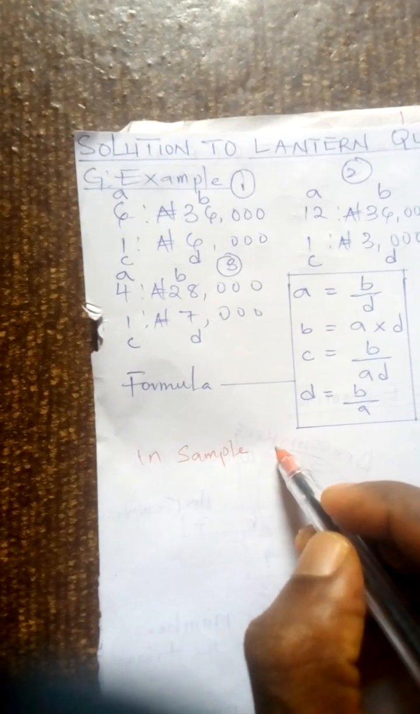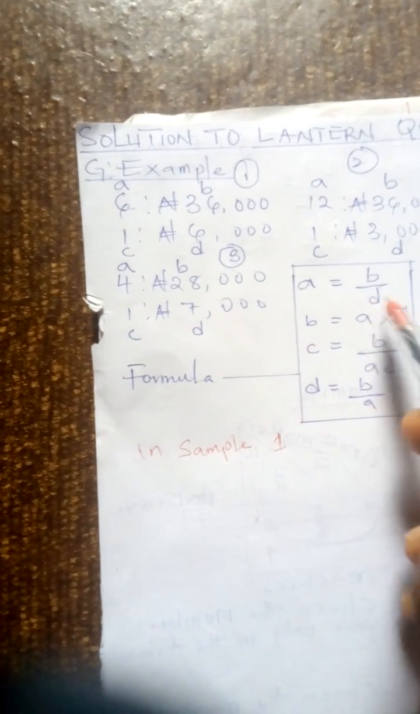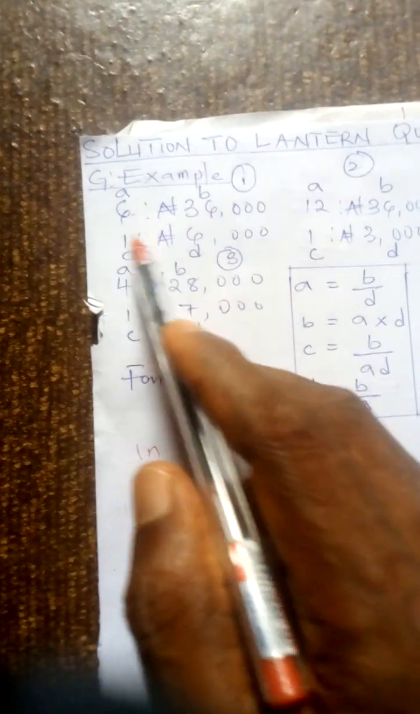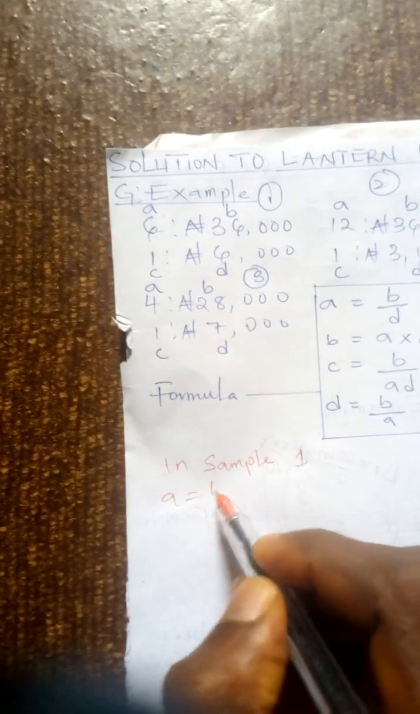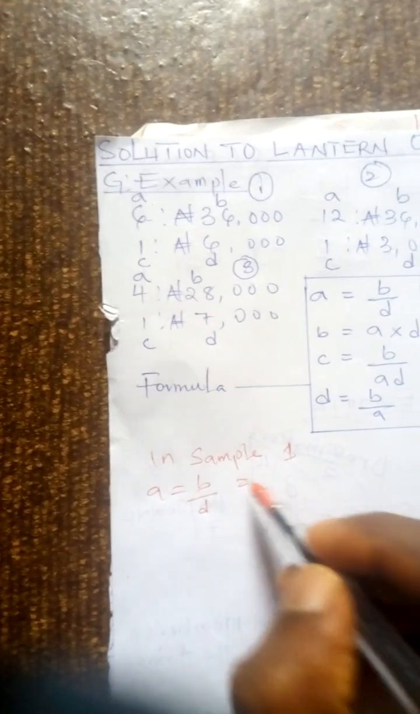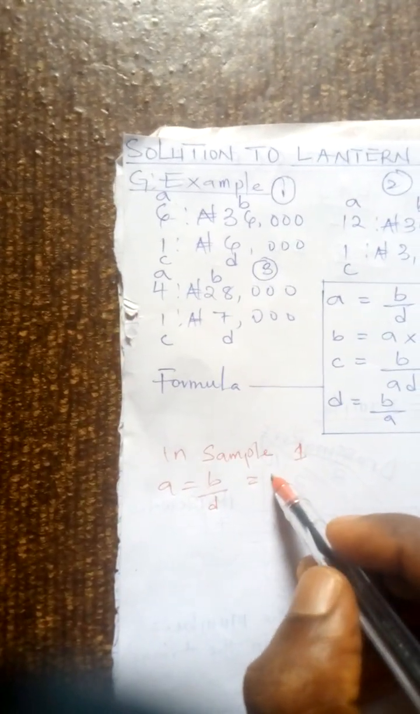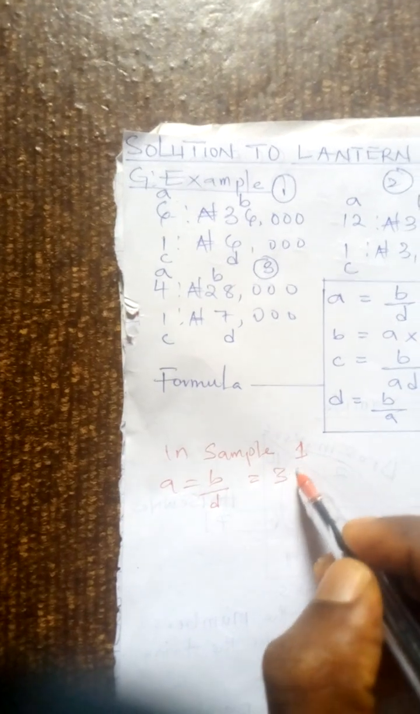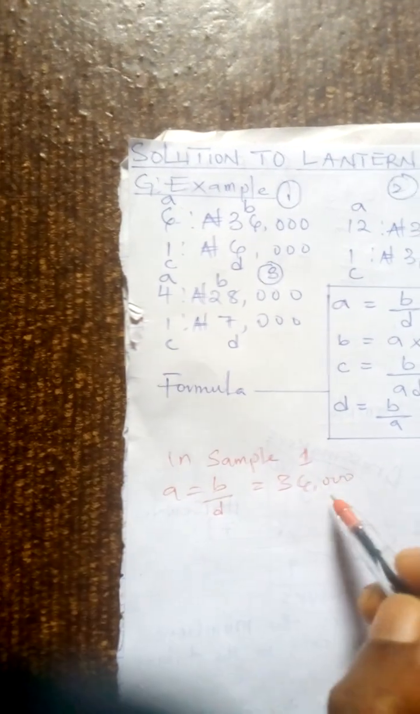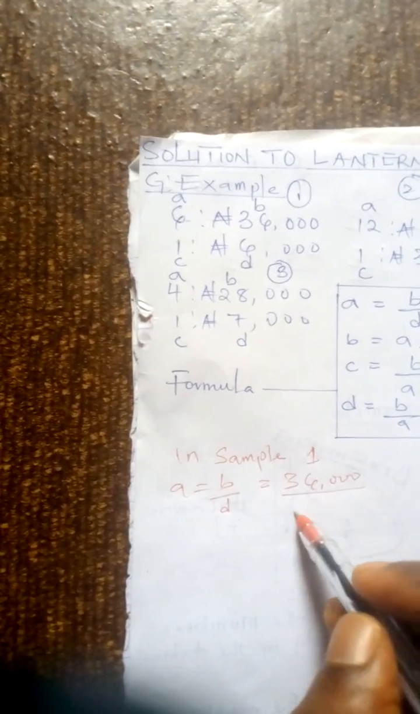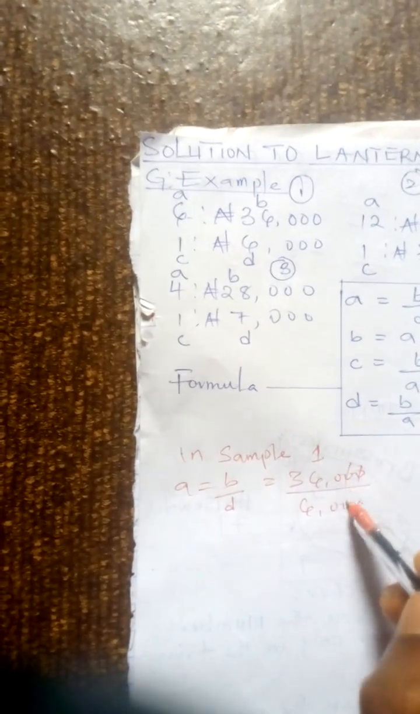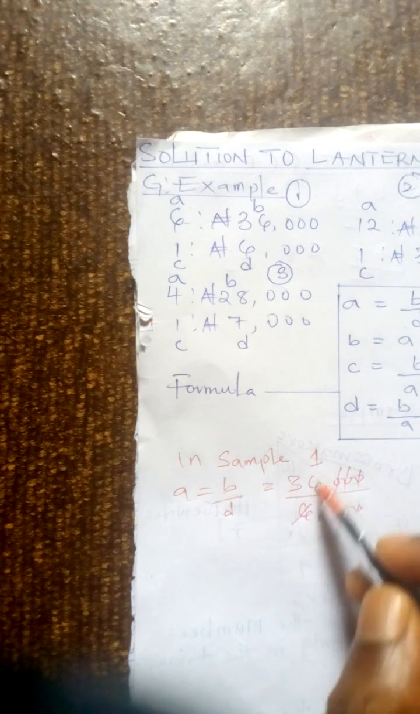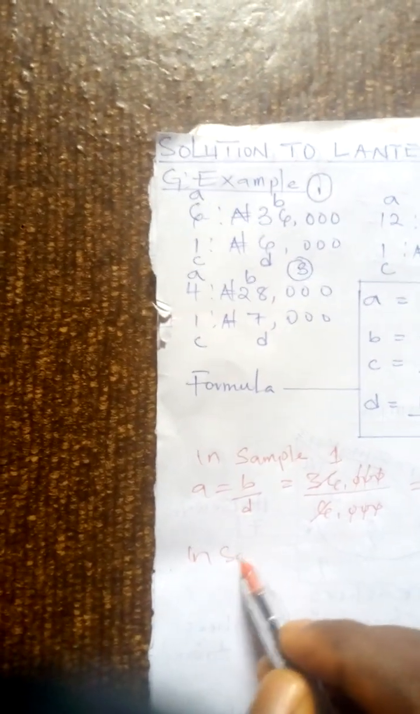sample 1. So this is the first sample, second and third. So in sample 1, let's find A, which is equal to B over D. Now, looking at that sample, our B is 36,000. So 36,000 divided by 6,000. You take out the zeros. Okay, you have 6. Okay, let's go to sample